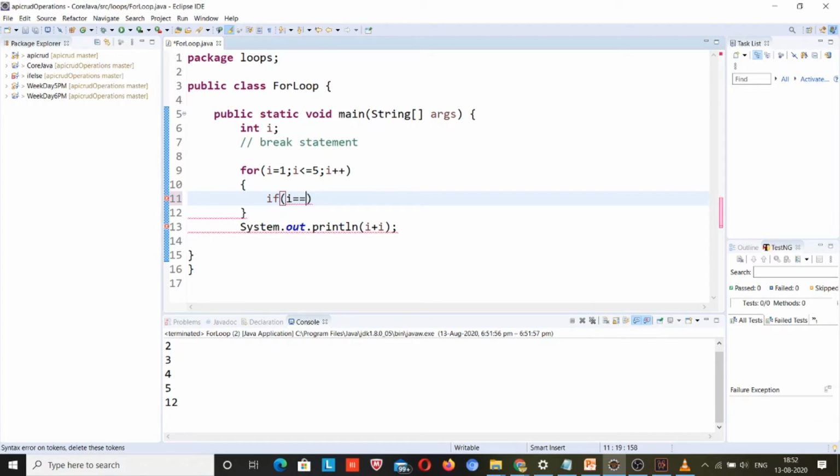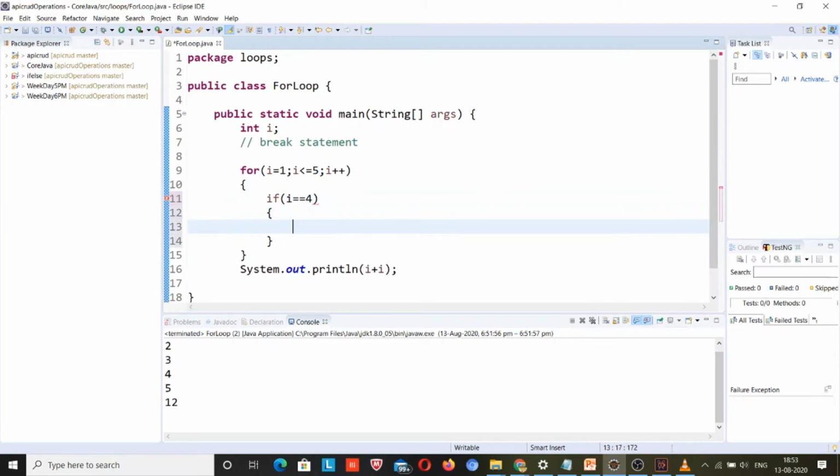Oh, I saw that the invitation got cancelled. Oh, sorry, that's why I thought you had attended yesterday's class. Doesn't matter, now you get an idea. If I is equal to 4, then break. What does break do? When it finds it, it will print 1, 2, 3, 4, and then 6, then 12.